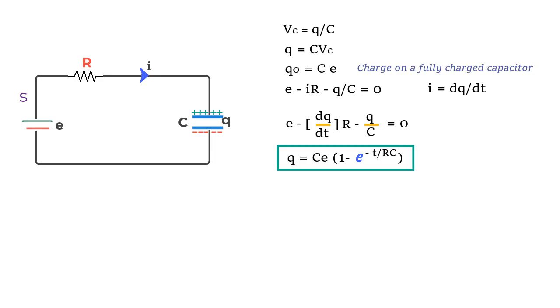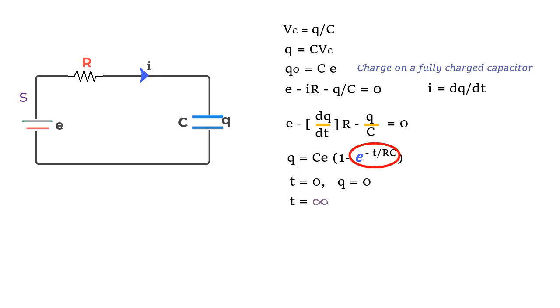So let us go ahead and put time t equal to 0 in this equation, and what we see is that this expression becomes 1, and therefore we get Q is equal to 0, which is true since at time t equal to 0 there is no charge on the capacitor plates. And as t increases to infinity, or say a long time later, this term becomes 0, and we get the value of charge on the plate as C times the EMF, which is again true since after a long time the capacitor gets fully charged, and at full charge the Q value is C times the battery EMF.